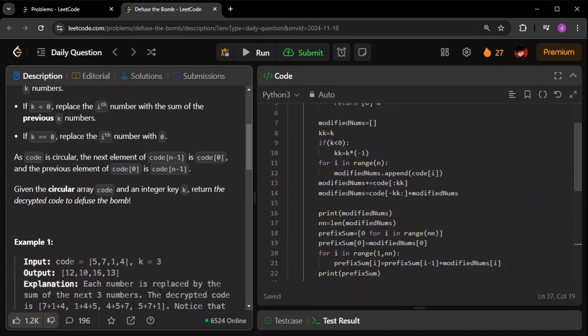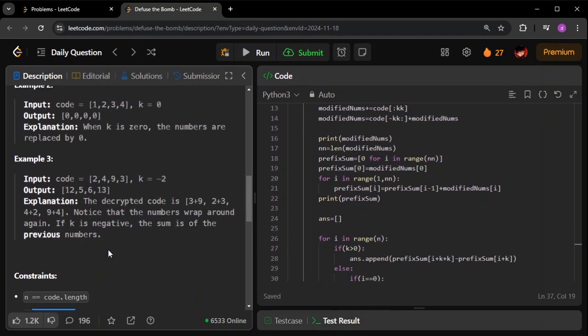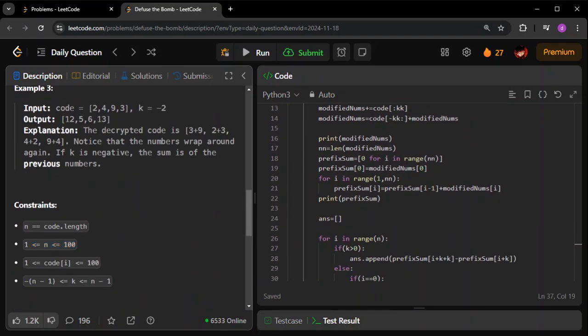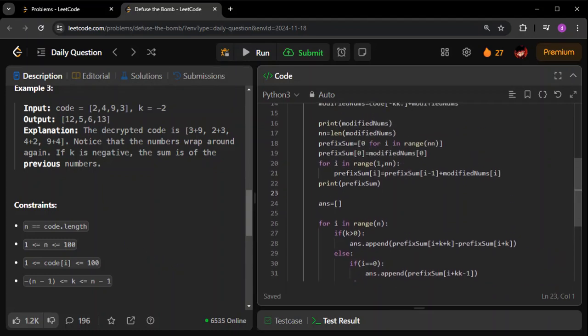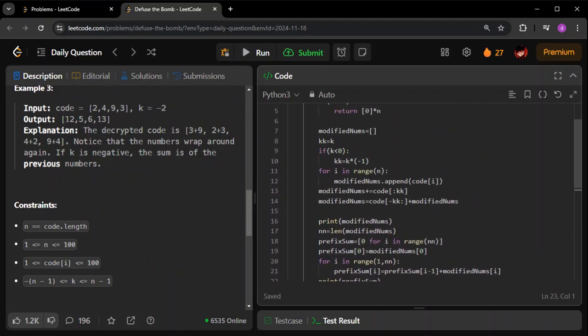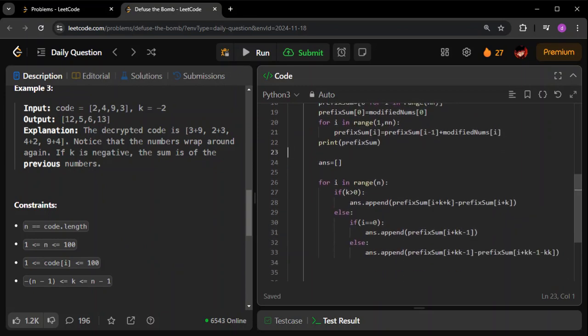Okay, but it makes more sense here, because even if n increases, let us say to the range of 10 power 5, even then the solution will work, but remember, the other solutions will not work in that case. Okay, why? Because this is an O of n solution, that is, the space and the time complexity, both of them are going to be O of n. If you ask me why, see,